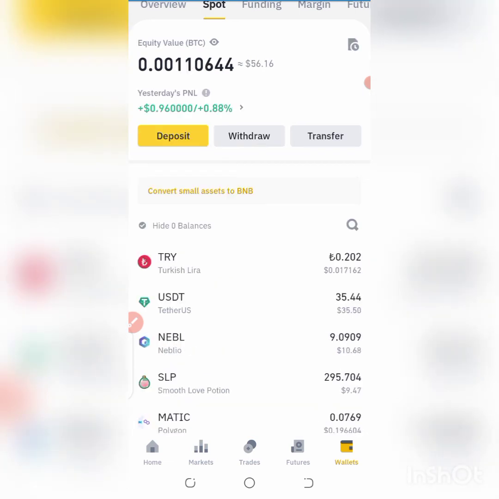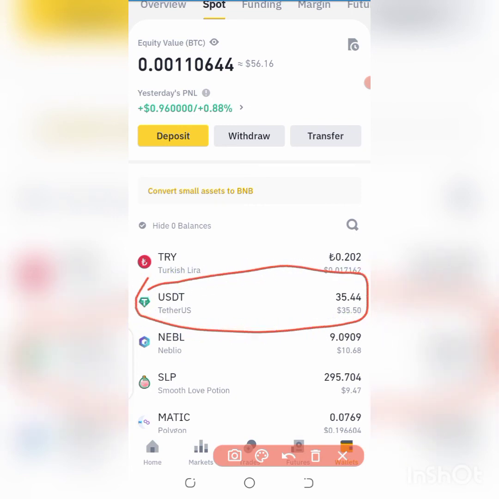So you can see now that we have the USDT in our spot wallet. It is from this spot wallet that you'll be able to trade your coin with any other crypto. If your coin is in the funding wallet, then you will not be able to trade. So if we want to sell as well, the same process will be done. Since we have our money in the spot wallet, what we do is that